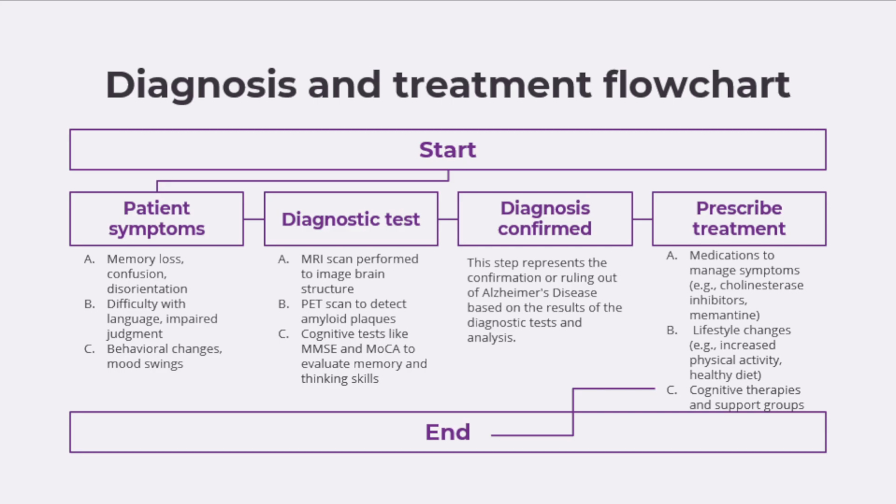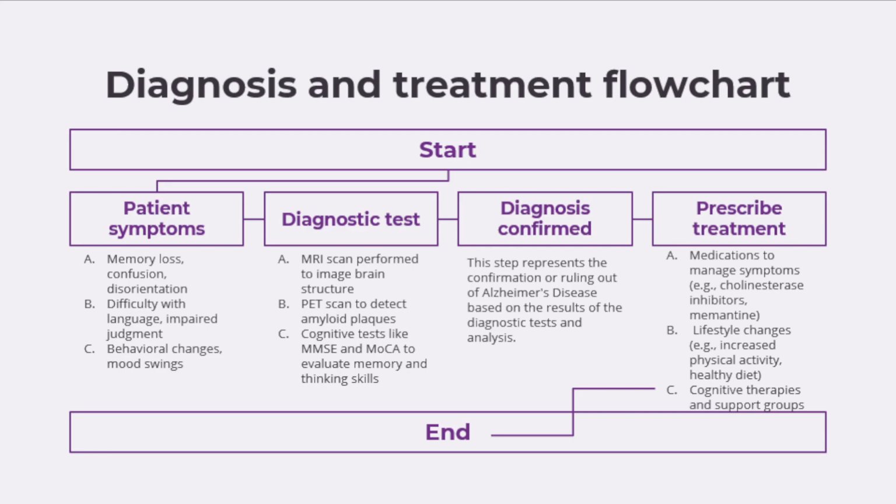and Montreal cognitive assessment. These are all done to evaluate memory and thinking skills, to get detailed images of your brain to see if there's any atrophy, and PET scans are also used to detect any amyloid plaques as well. Alright, so based on the results of the tests, you can confirm whether or not AD can be ruled